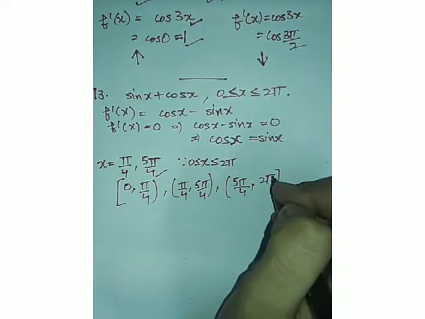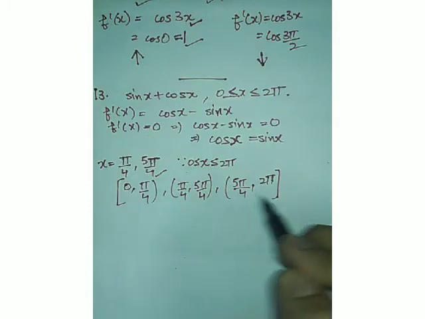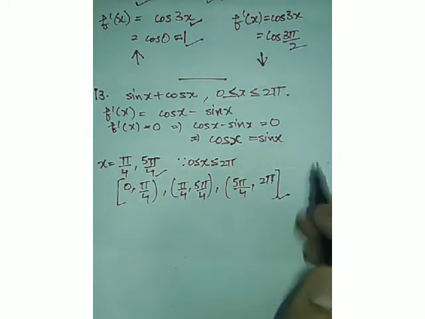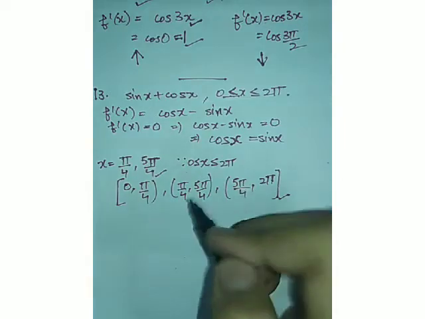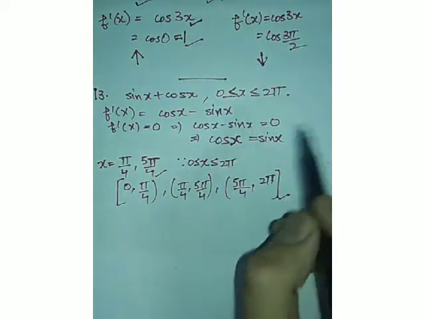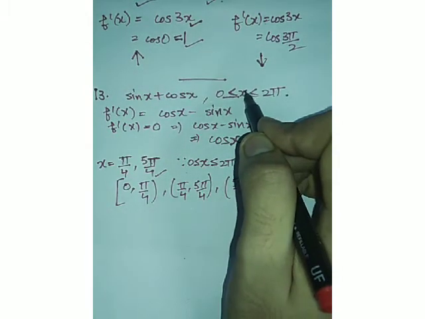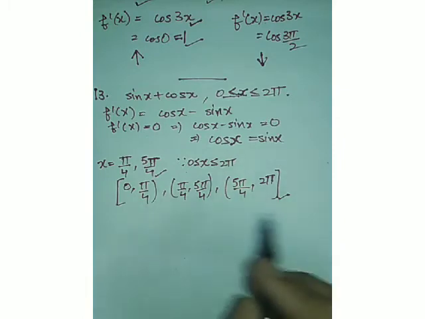In the previous sum, we also found two values, but we made only two intervals. But in this, we have three intervals because the values we have found are lying within the limits that are given in the statement. But in the previous sum, due to the presence of 3x, the interval had to be exceeded. That was why we considered only two intervals. So learn the difference, all right?